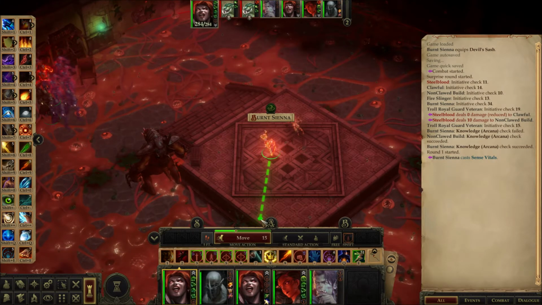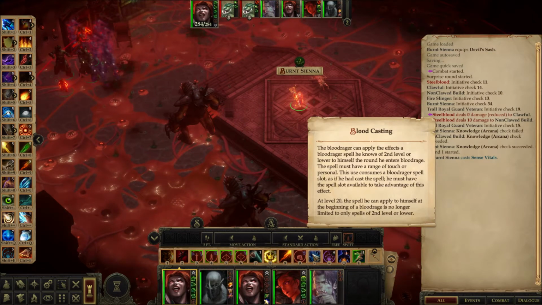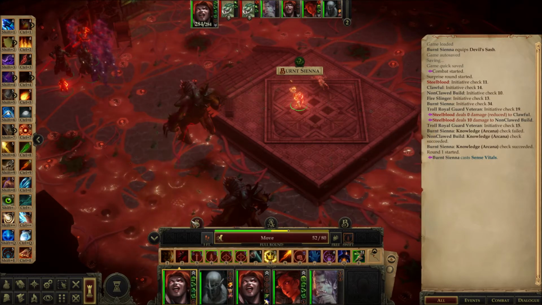So again, one and done. Decide what buff you want to use. The best thing about this, though, is when I said it works for spells level 1 and 2, notice that at level 20, which we are, it works for all of our spells level 1 through 4, but again, only the ones that are a personal effect spell or a touch friendly buff spell,